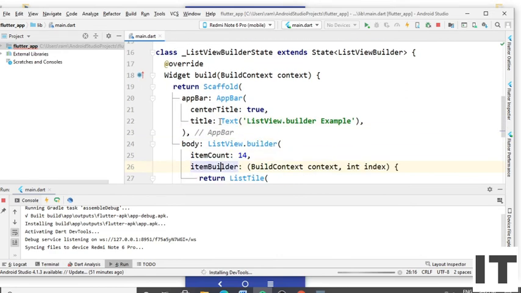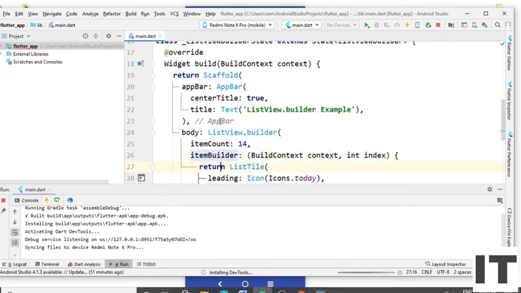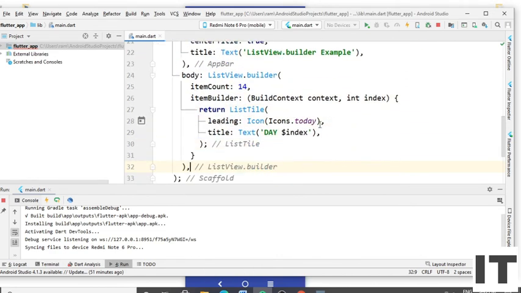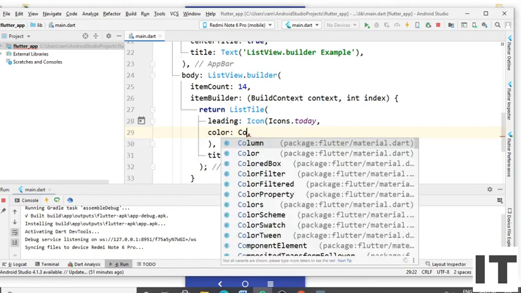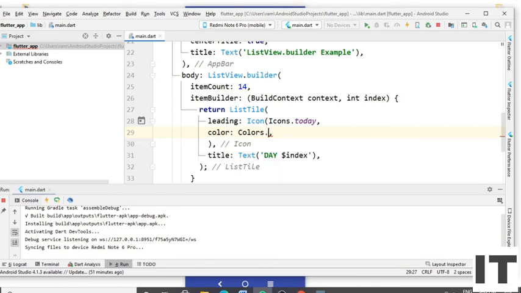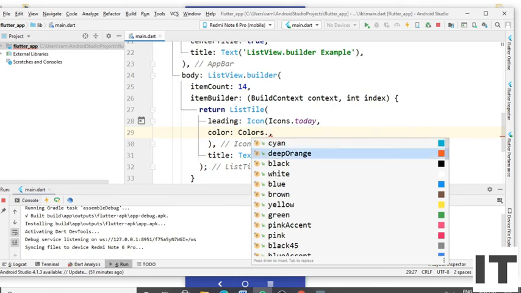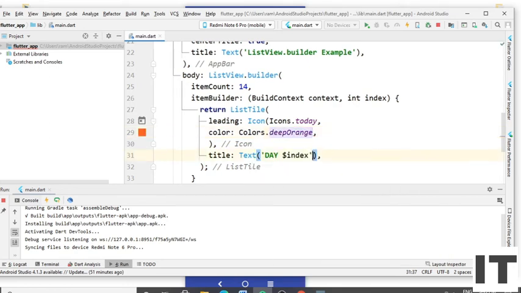Now apply the color to the leading icon. Give the comma here, press enter and type the color. Type the Colors dot, select the color. I select the deep orange. Give the comma here.